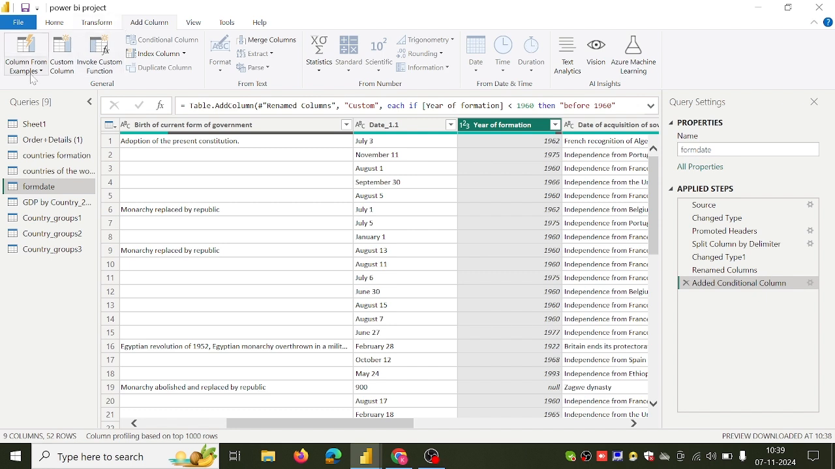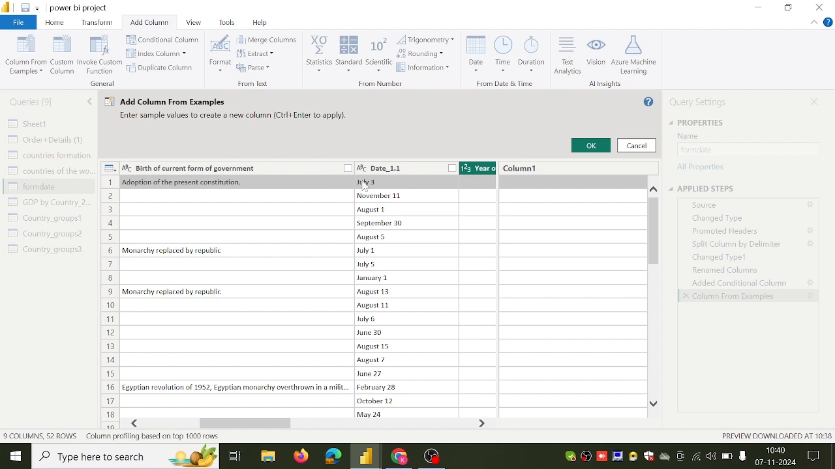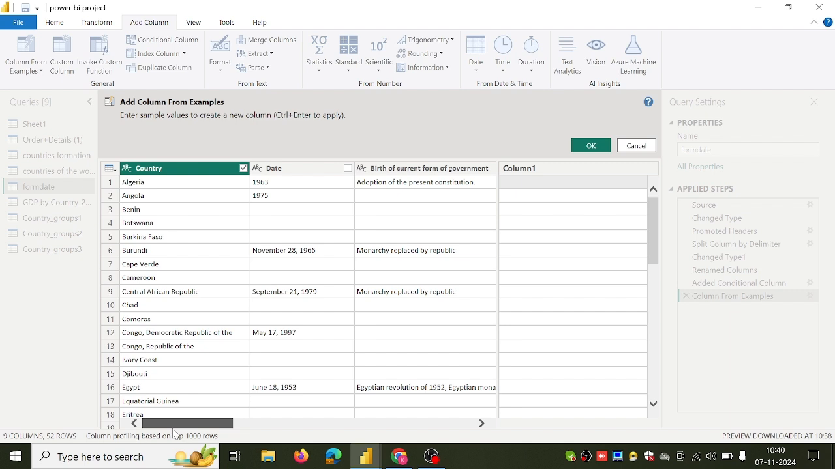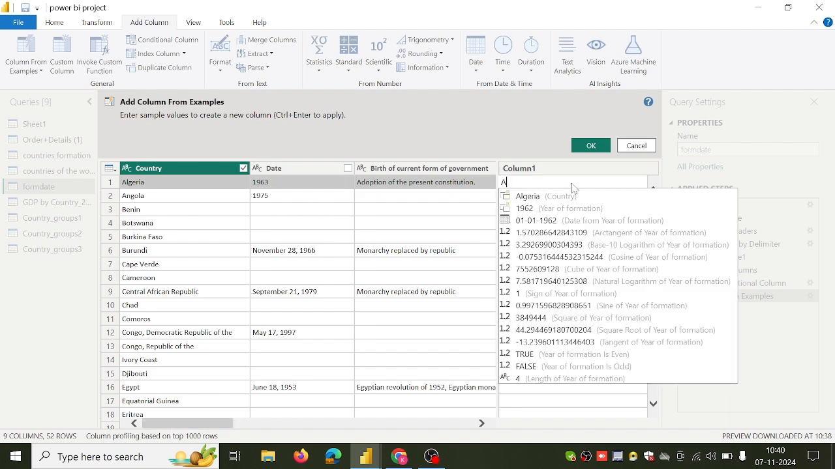Now in add column we can see columns from example. Now it is asking for options from all columns or from selection. So we can make the example from all of the columns or from the selection that we have selected. So in this case we want from selection. Now it is asking for a sentence. So we can write that our first country is Algeria. So we can write Algeria